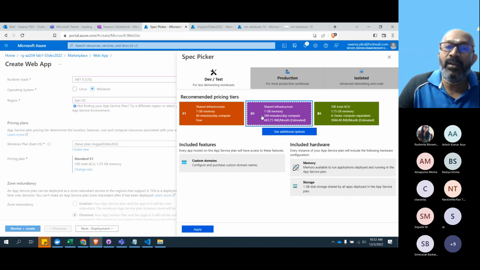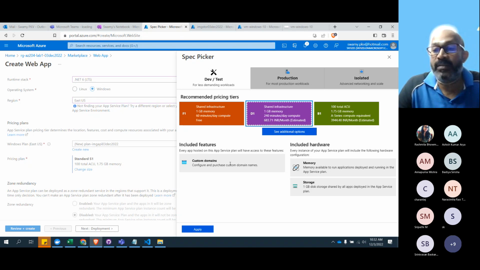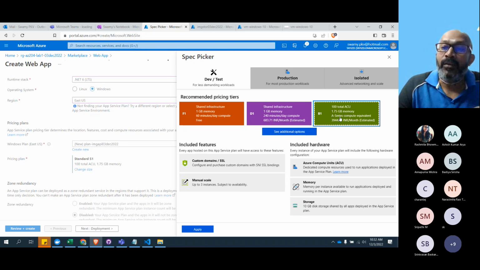If you come to the shared plan, you get 1 GB and 240 minutes, but you pay 700 rupees, and you get custom domains and a little bit of memory. In the B1 plan, you pay 4,000 rupees, but you get 100 Azure compute units. What does that mean?